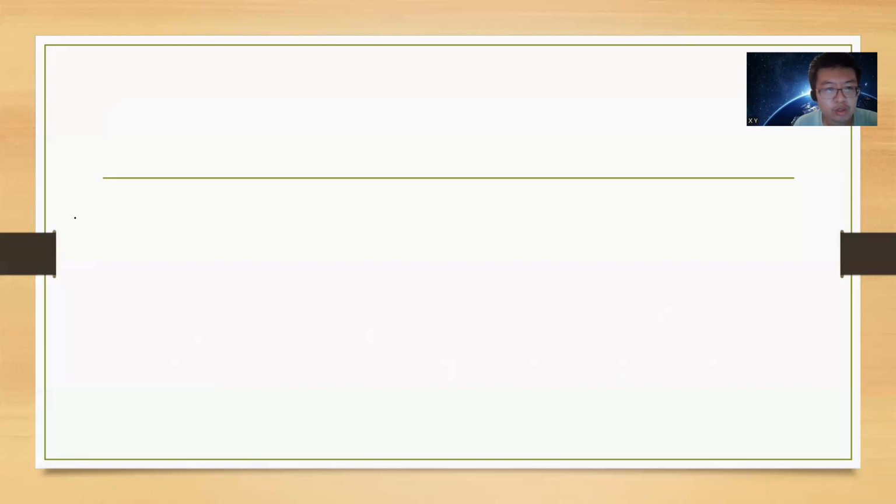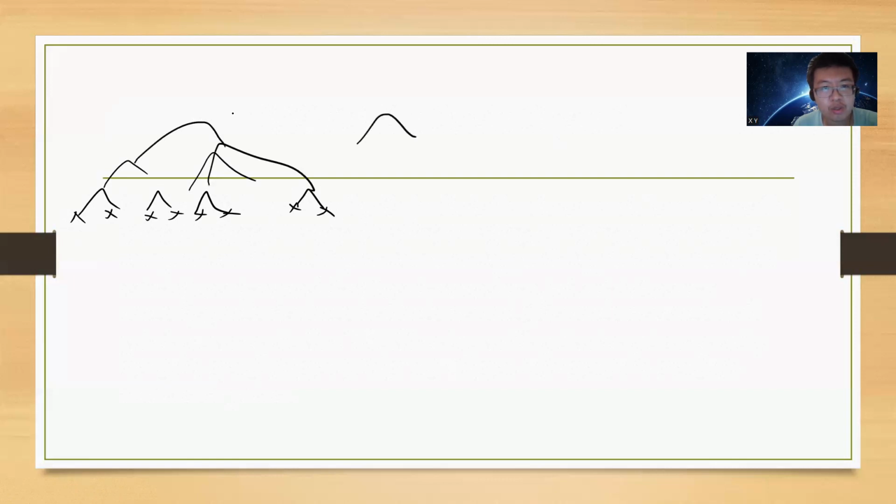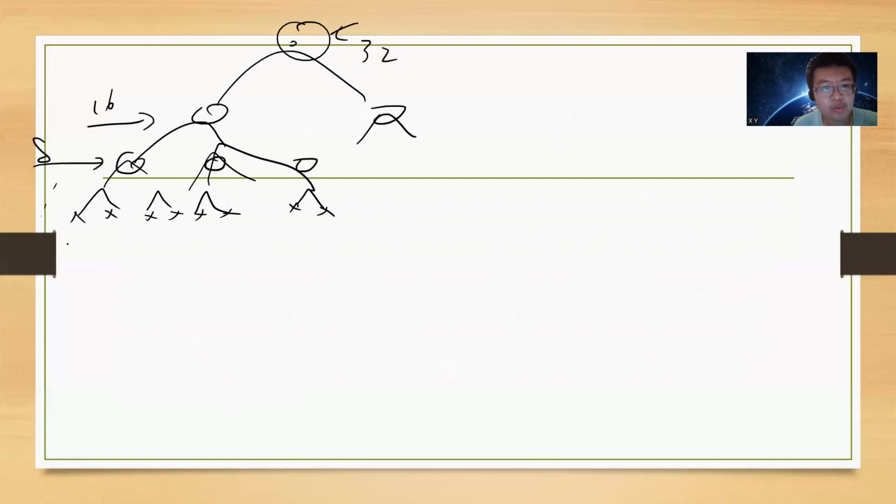So maybe you start from here, and then they win, and they become a tree. Now these two become these two, and so on. Finally, if you predict this guy, you get 32 points. If you predict these two guys, you get 16 points. Predict this guy, you get 8 points. And if you predict this one, you get 1 point. Okay, so this is the setup.